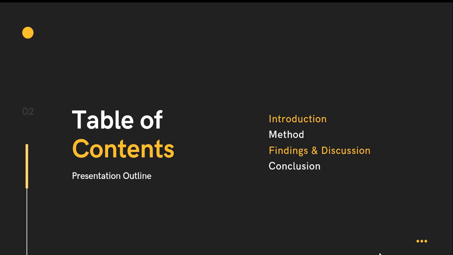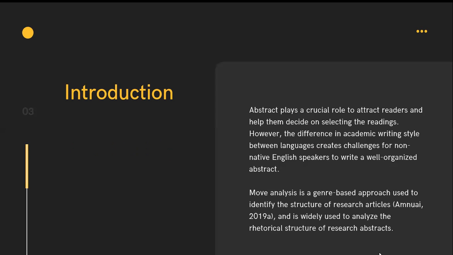And now let's move on to the first part. In completing a study, either a bachelor, master, or doctorate degree, students are required to write a thesis or dissertation, in which they have to write an abstract in English. The abstract plays a crucial role for academic works since its purpose is to attract readers and help them decide